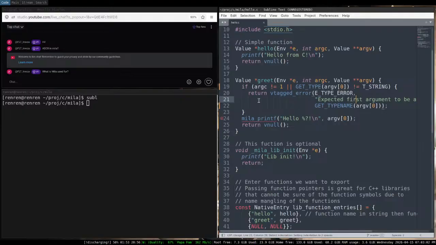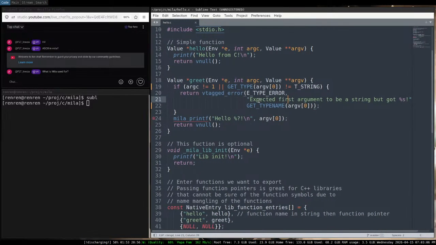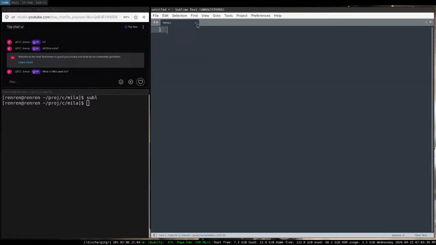That was unexpected. Whoops, wrong button. So yeah, that doesn't exist anymore. This is now just print value. Whoops, print value. So yeah, that's the use of Myla. You can use it in